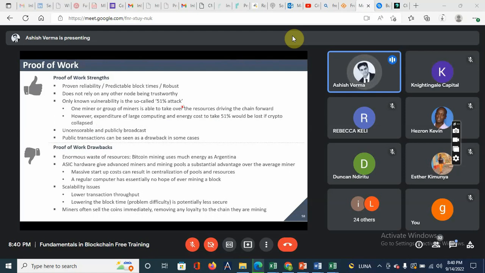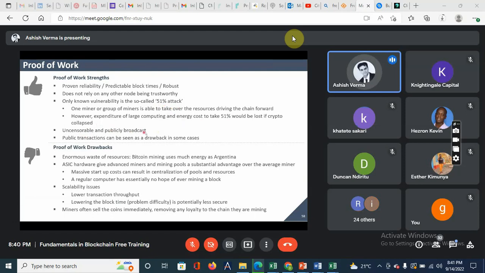Let's say a 51% attack is done on Bitcoin today. Everybody will know that Bitcoin has been compromised and its price will go down in the market. So if it is sitting at $20,000 today and a 51% attack is done, Bitcoin will collapse to almost zero. The people who carry out the 51% attack will not gain anything out of it, but it will make the entire system collapse. So there is no incentive to carry out a 51% attack on any kind of cryptocurrency.